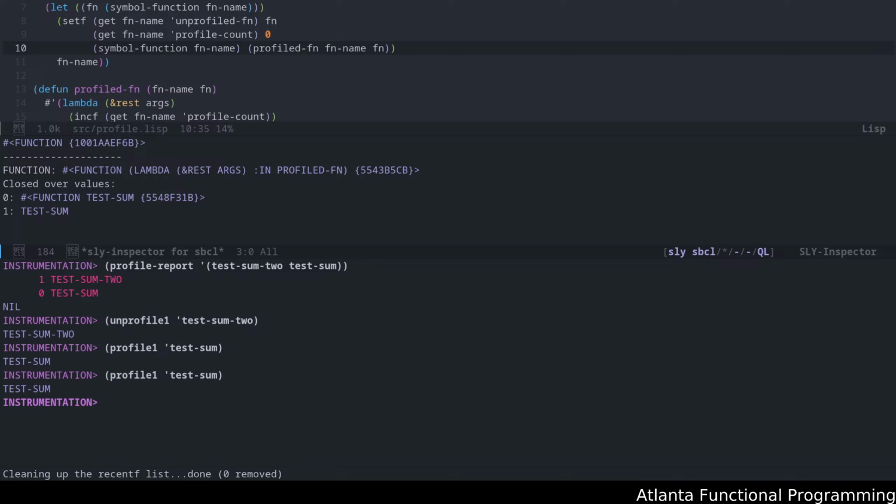Okay, so this is one reason why you want to write a macro for this, because then you could just go in the macro when they're profiling. You could check, when you call the macro, whether you have redefined this.